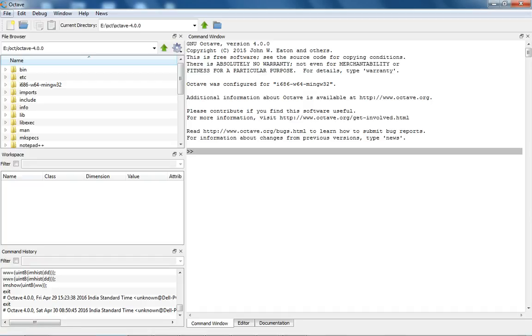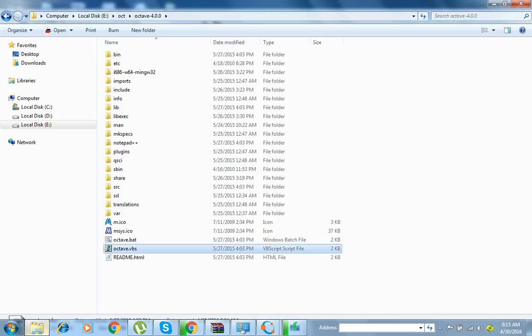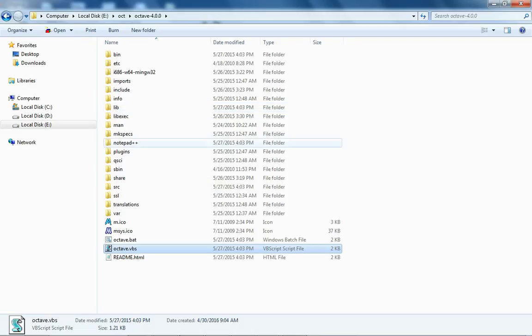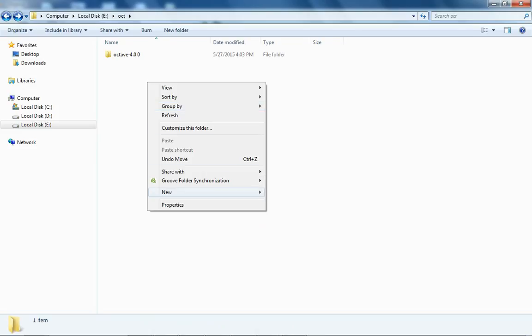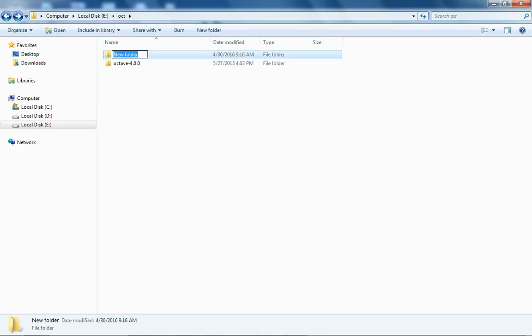So we will show how to install the packages. First you have to create a folder with some name, called picture. So go to the Octave folder, which you saved as Oct, and create a folder called picture.